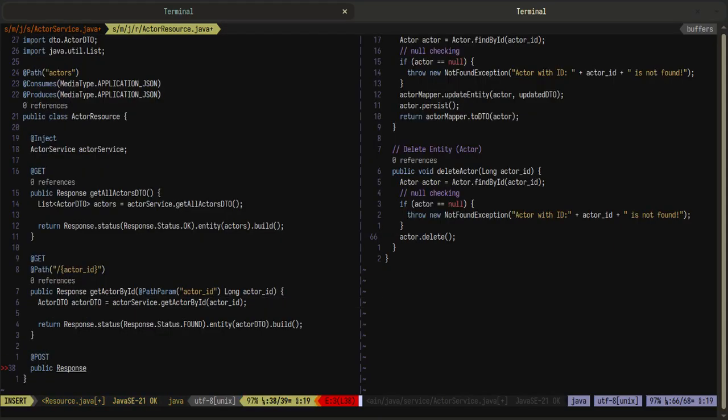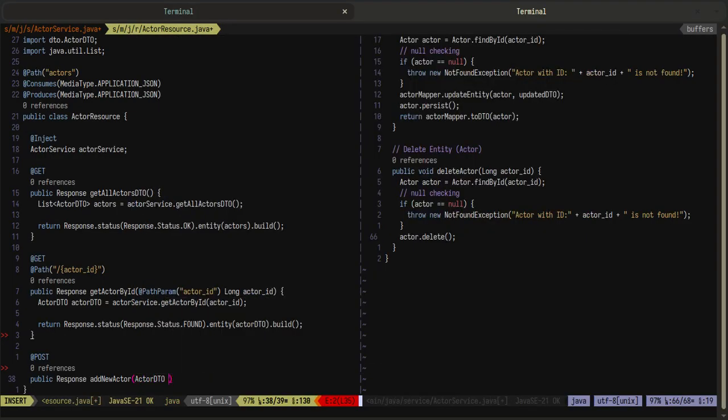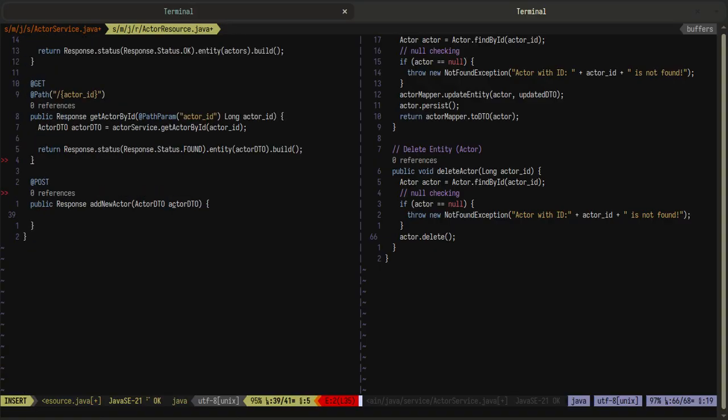Response add new actor, and we have this detail. Public response and new filter detail, and it's gonna be